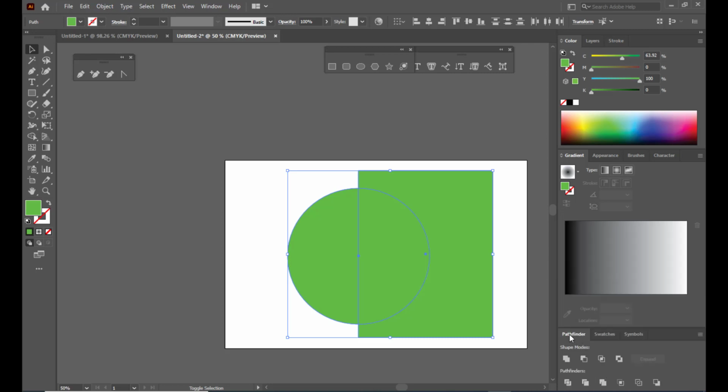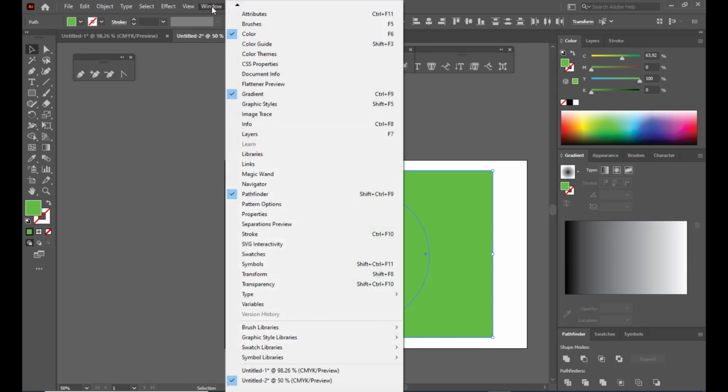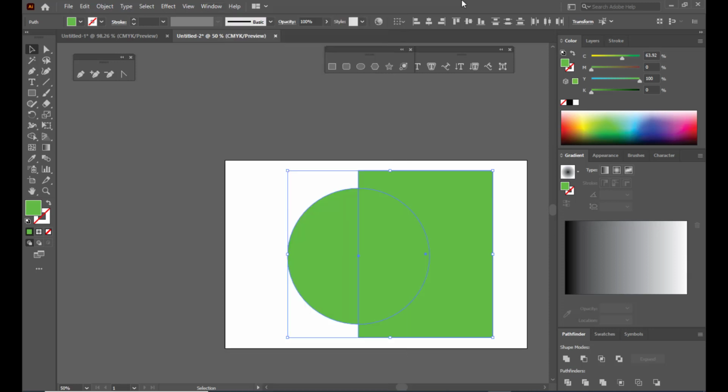So the Pathfinder is already open for me, and I have added my Pathfinder to my workspace. In case Pathfinder is not already open, we can always go to Window and open the Pathfinder. We can also use the keyboard shortcut Shift Ctrl plus F9 on PC and Shift Command plus F9 on Mac. Right. And now we will shift select both the ellipse and the rectangle, and we will simply click